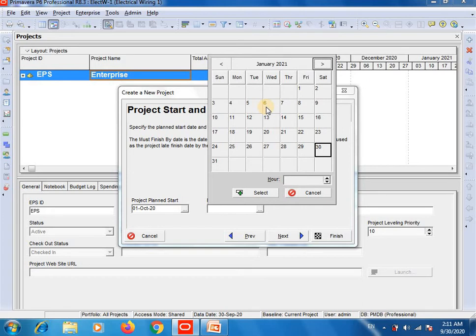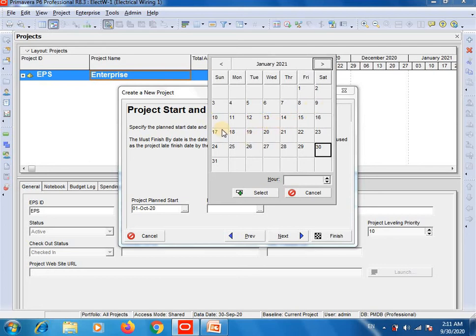Now there are 28 holidays between 1st of October 2020 and 6th of January 2021. So 28 days, including holidays.